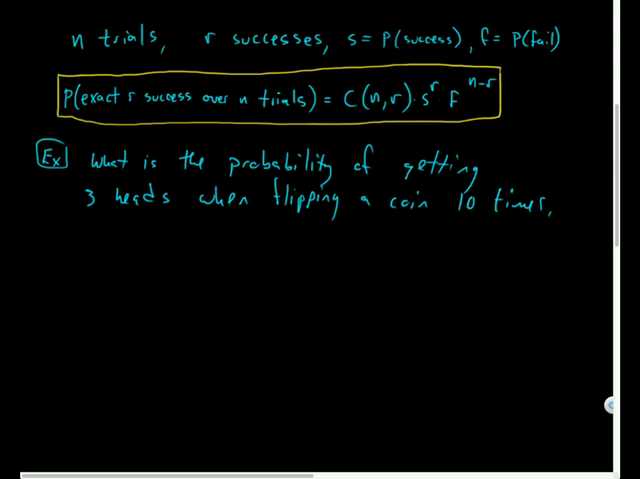Let's define some of our variables first. n is 10, the number of trials we're doing. The number of successes we're looking for is 3. The probability of success for any particular trial, since this is a fair coin, is 1/2 or 0.5, and the probability of failure is also 1/2. So to calculate the probability of 3 heads out of 10 tries,